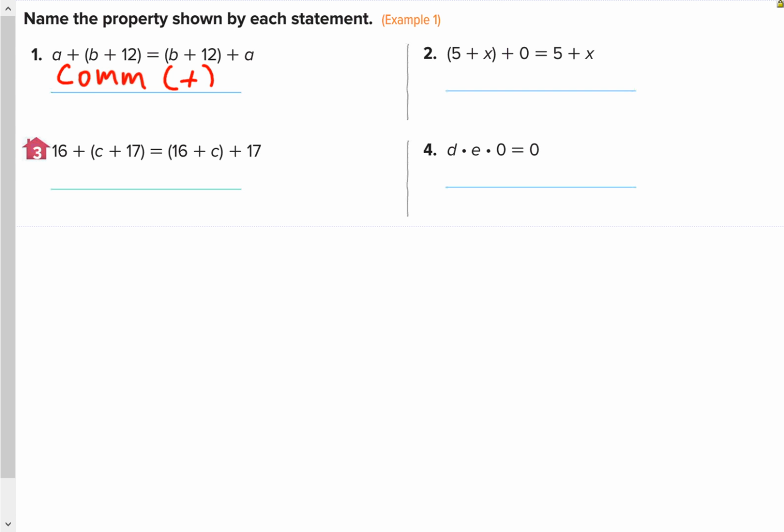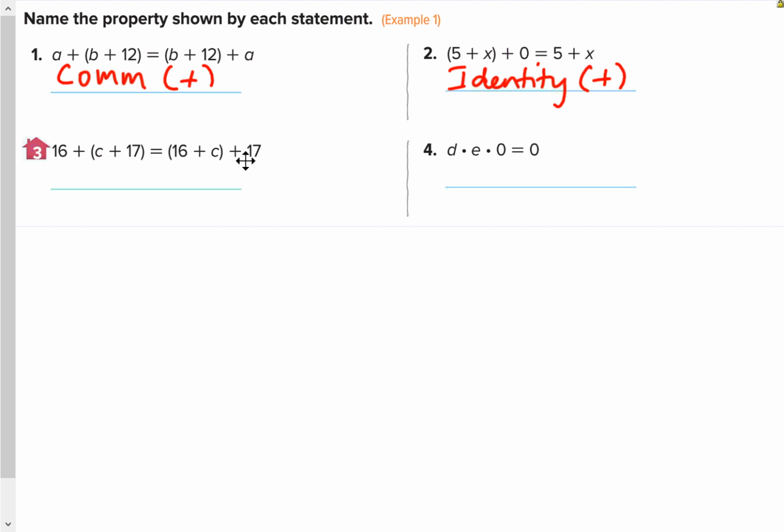All right, so the next one, 5 plus x plus 0 equals 5 plus x. This is the identity property of addition, because it's addition, and it basically says anything that you add 0 to will just equal that number or that value. Number 3, we have 16 plus, in parentheses, C plus 17 equals 16 plus C, in parentheses,